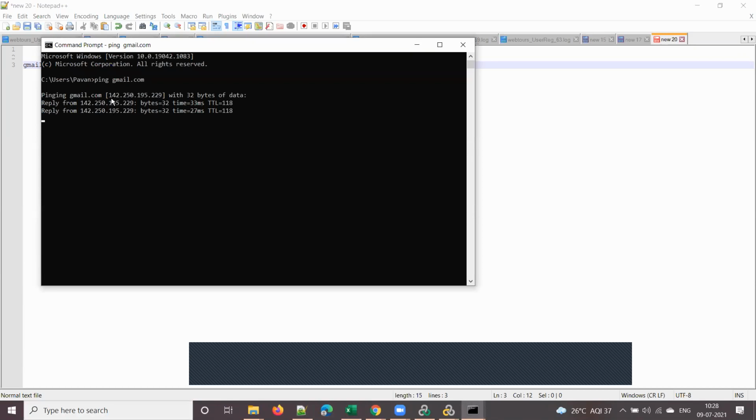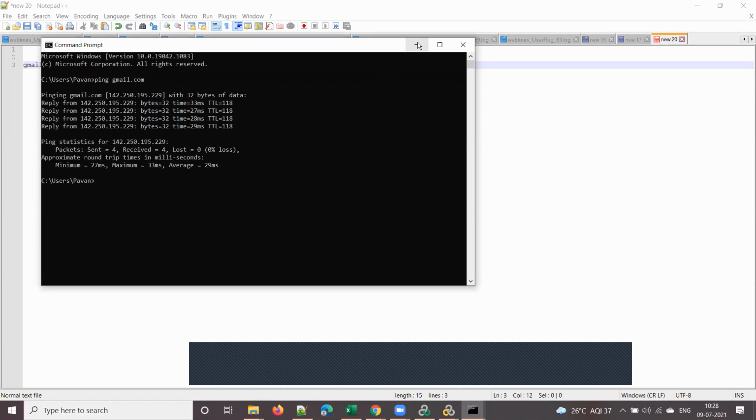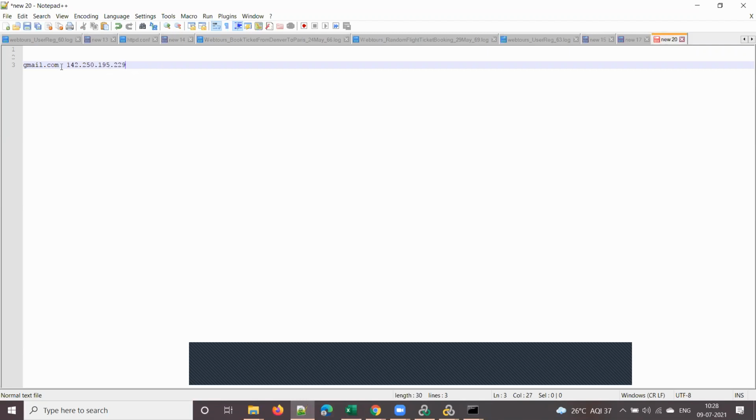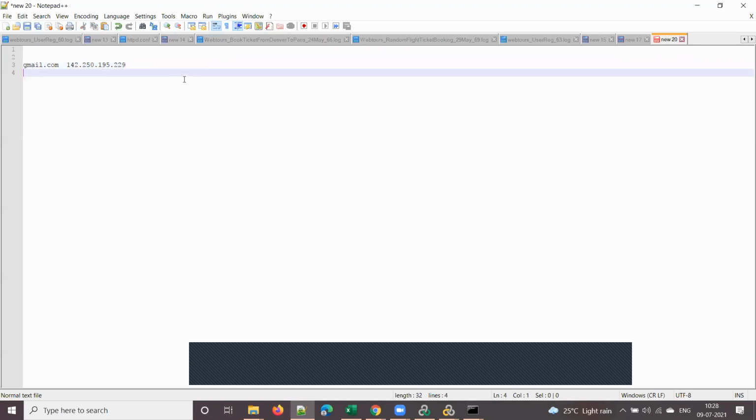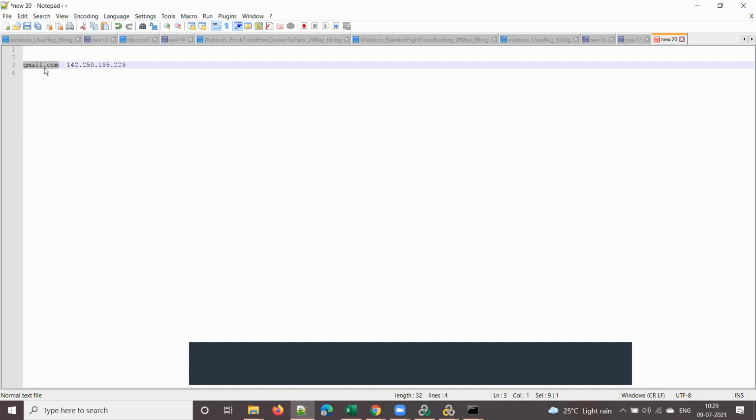The domain name system contains the server name and IP address of all the servers, of all the applications, right? So suppose you type redbus.in, it will have a different IP address. So it will have these mappings. So the DNS server will give you the IP address of the application that you are trying to access.